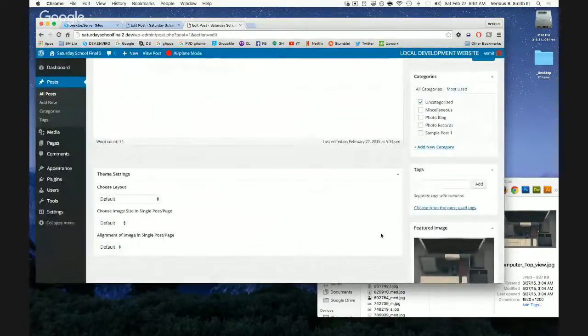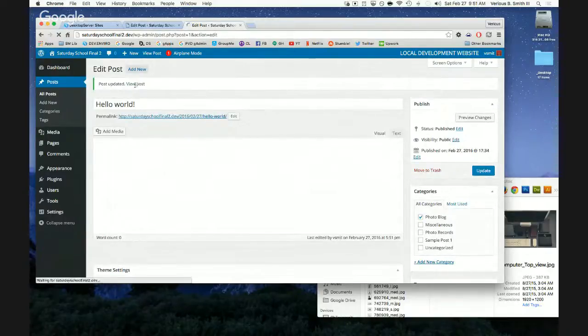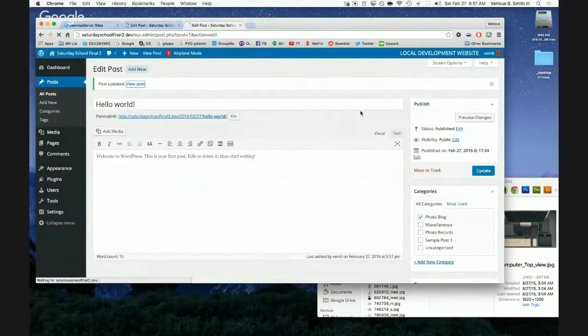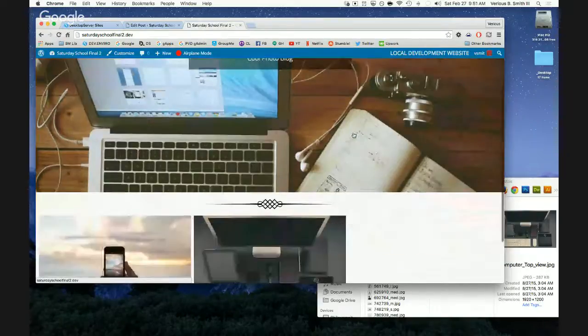So I'm setting the featured image there, and category is going to be photo blog. I click update, boom. It's going to refresh, and I can click on view post. It's going to take me back out to the website, and I can also click on the little logo at the top, which will take me to the home page, and